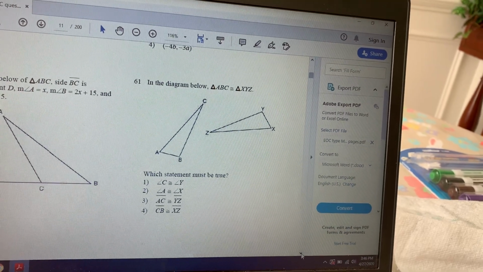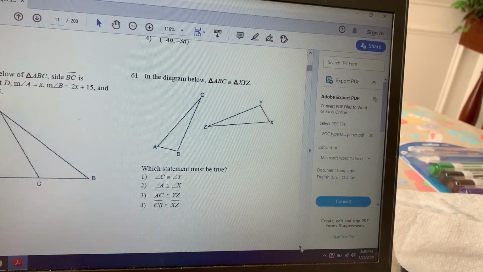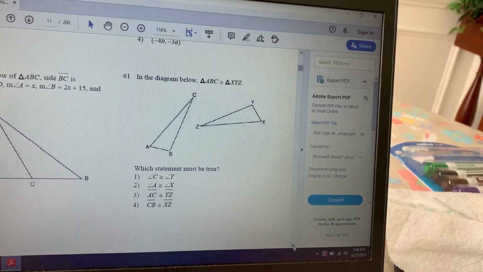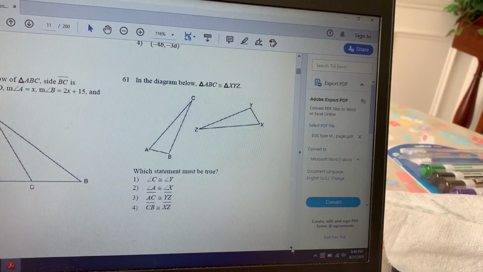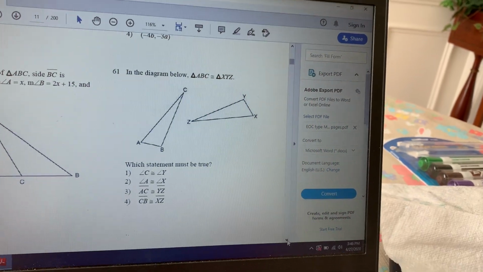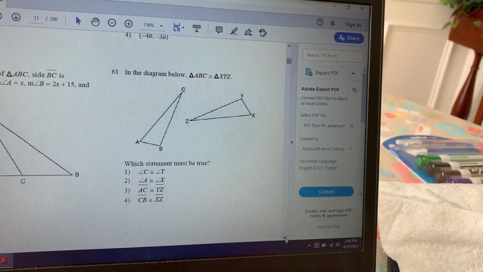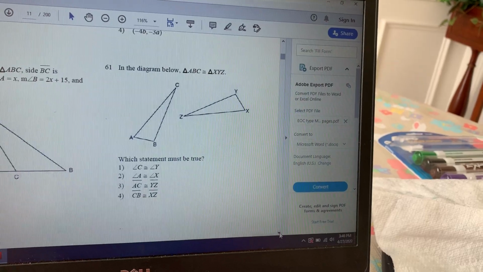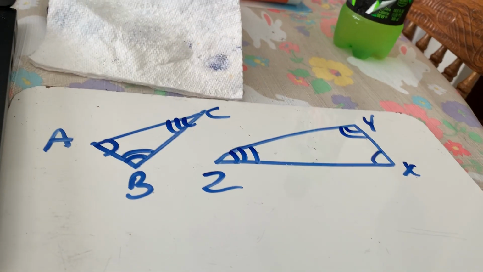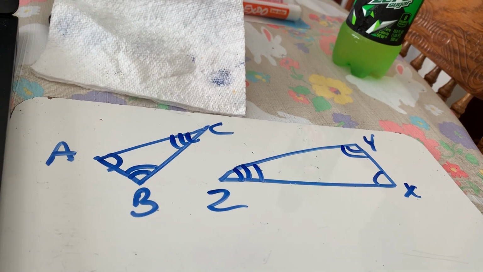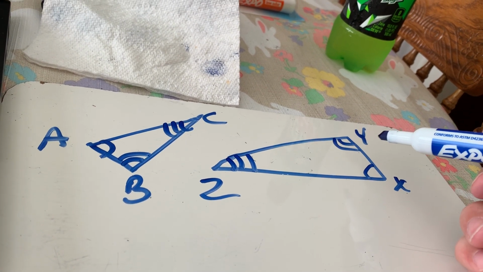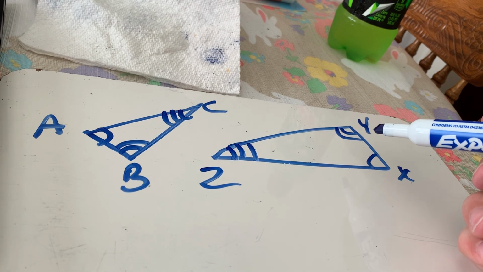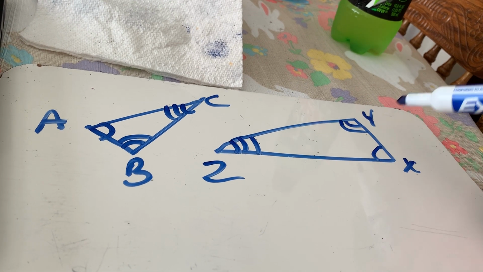All right, so I know A and X are congruent, right? So I'm going to mark that. I'm going to mark the angles for right now, and then I'll show it. B and Y are congruent because they're in the same spot. And that means C and Z are congruent. Yeah, I know this triangle looks bigger, but they're supposed to be congruent, just trust me, all right? So, again, when they're orientated a little differently now, you got to kind of be able to picture it, okay?